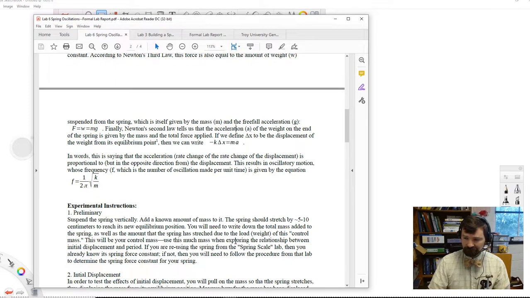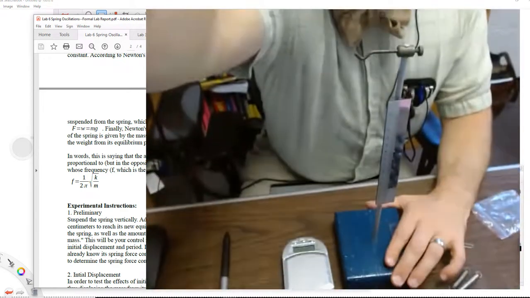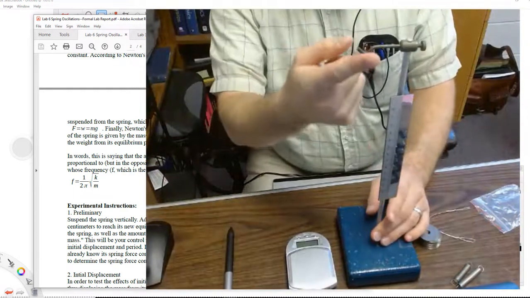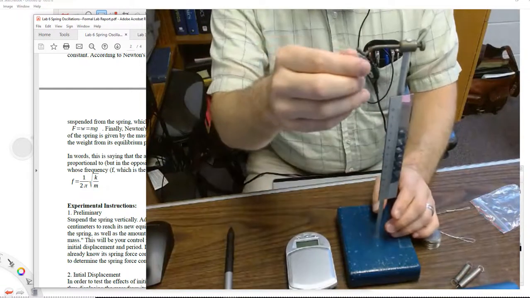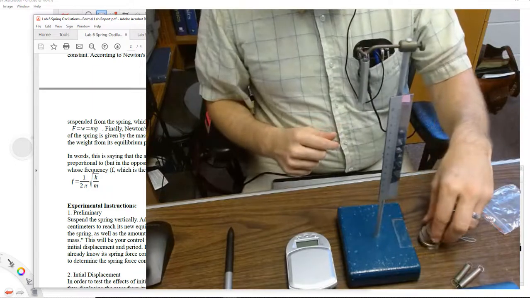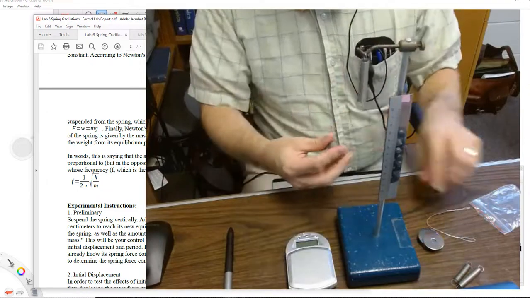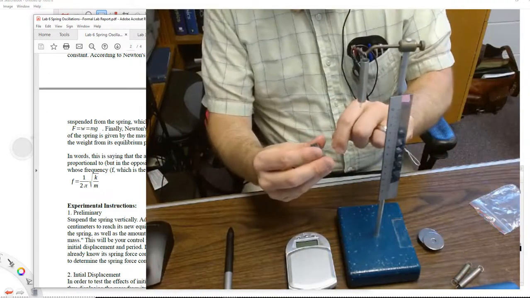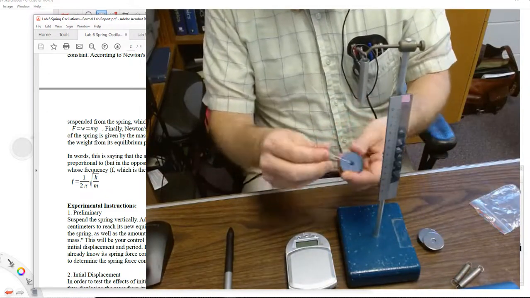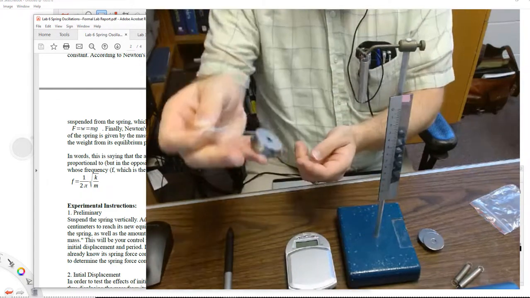Okay. Now, the basics of this experiment, and I'm going to re-aim the camera a little bit, I hope. You can see here is my stand. I'm going to hook up my spring right here, and I'm going to take some amount of weight like so, and I'm going to attach it to my spring. To do that, I will just loop this little string through the centers of all these guys,